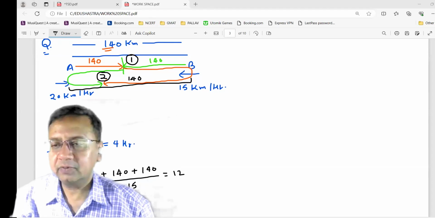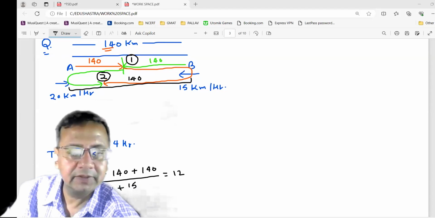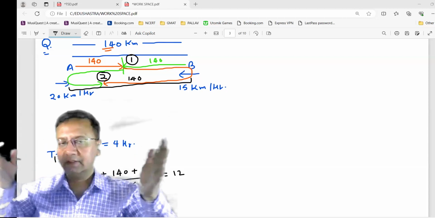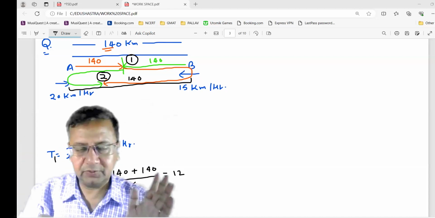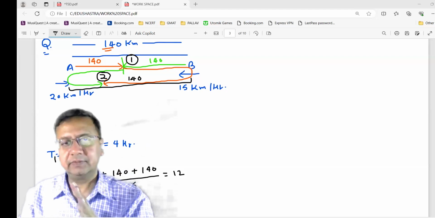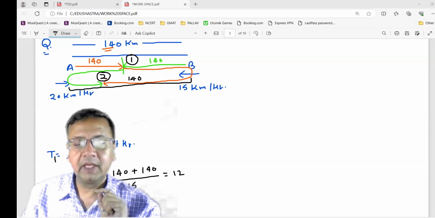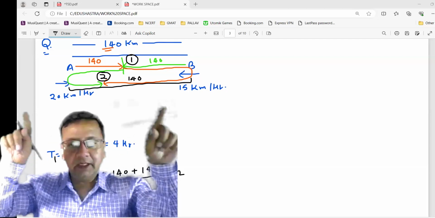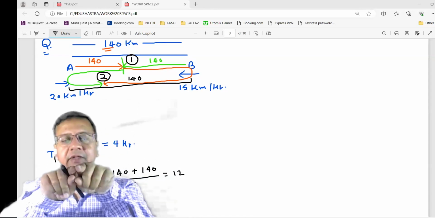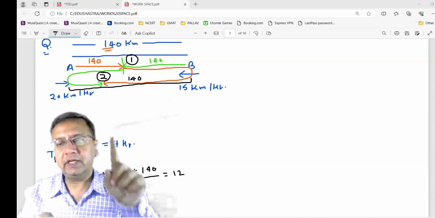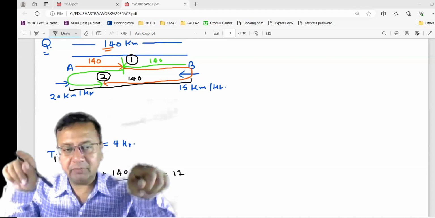So Hardik, what's the confusion? कहाँ पे क्या कंफ्यूजन है इसमें? So why have we added 140 three times and not 2 times? Okay, so see, total distance is 140, right? Distance between the two sections is 140. अब क्या हो रहा है? ए बी के घर तक जा रहा है, कितना डिस्टेंस कवर करेगा? 140। बी ए के घर तक जा रहा है, कितना कवर करेगा? 140। And then they immediately turn back and meet somewhere in between. तो अब वो दोनों मिला के कितना कवर करेंगे? 140। तो ए का 140, बी का 140 और दोनों का मिलाकर 140।